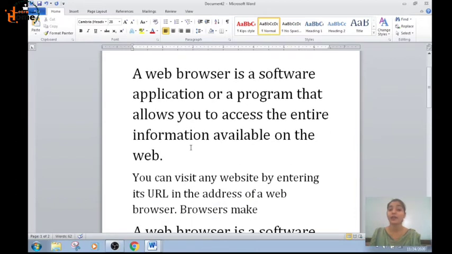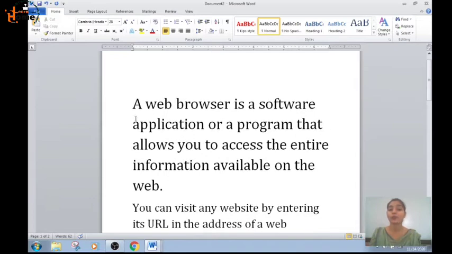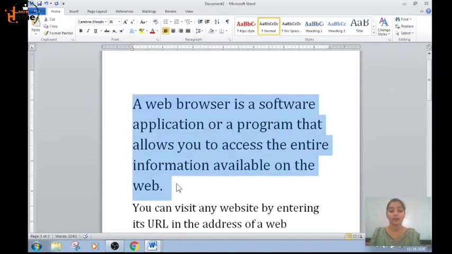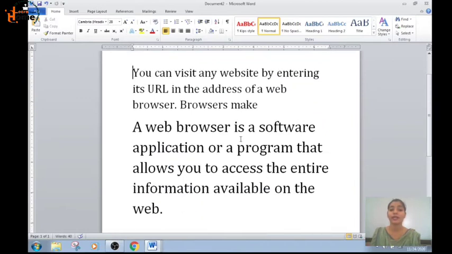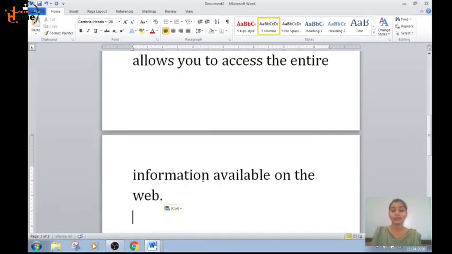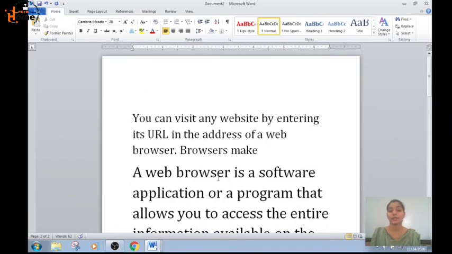But when we cut, the text was no more on the original position. See, select the text and Control, what was the shortcut key for cutting? Ctrl plus X. I have cut it. Now it has disappeared from here, right? When you cut the text, it is no more present on the original place. But when you copy the text, it remains in the original place as well as on the new place where you paste it. Okay. So this is the difference between copying and cutting the text, in moving and copying.